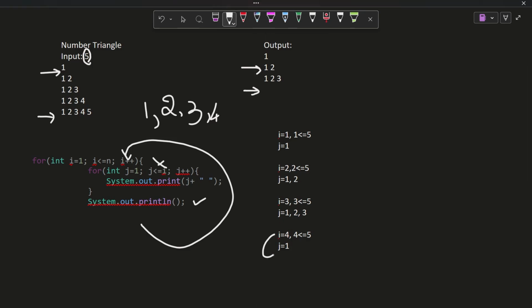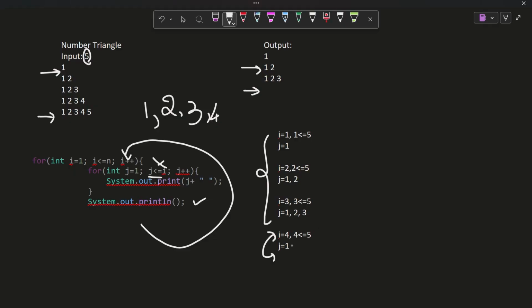Always the condition matching will happen between i and j. Don't get confused within the inner loop. For any of this, here also if you see, j must be less than or equal to i. So the same condition is what we have written here. Similarly here, for i equal to 4, we have four values for j. So all these values are getting compared with the same value of i.